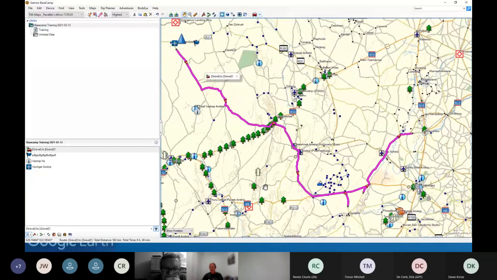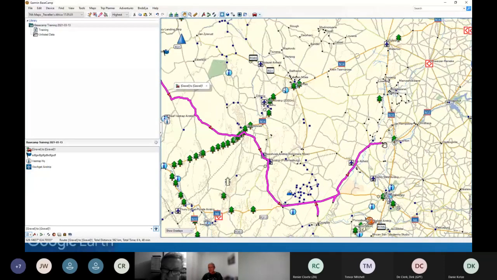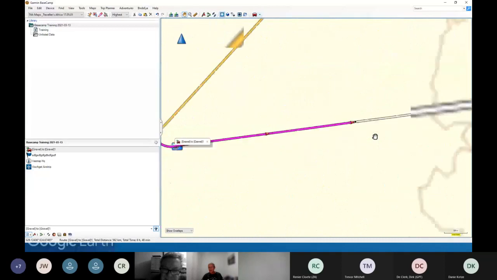Now you will note that I have created a couple of points for this particular route, but they are not sitting here as waypoints, because they are not waypoints. They're just via points that I've created. So it will route me through those points, but it will not be an actual waypoint. Something to remember: when I created this route, my zoom level, at the bottom here, is 30 kilometers. On the scale of 30 kilometers, if I go to that point there, for instance, and I start zooming in,